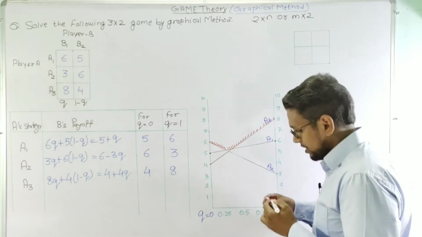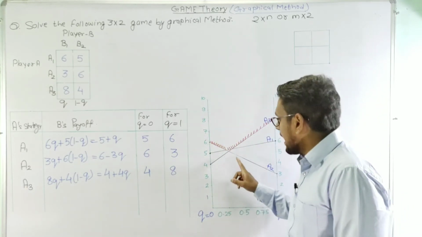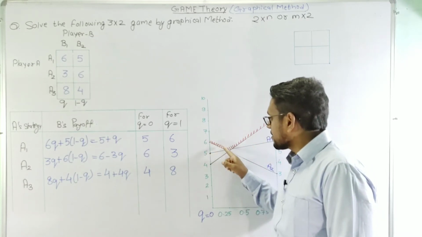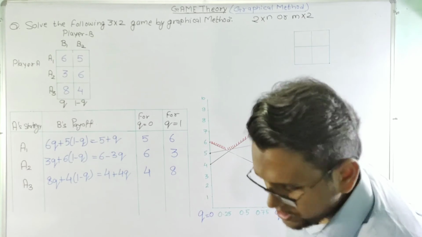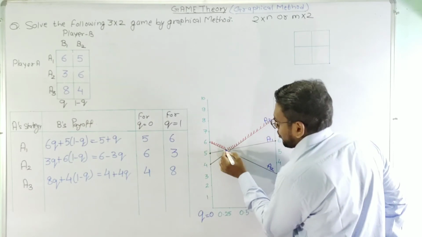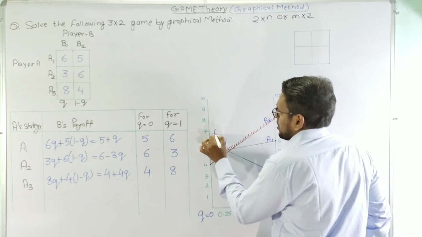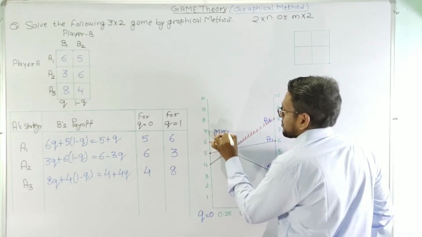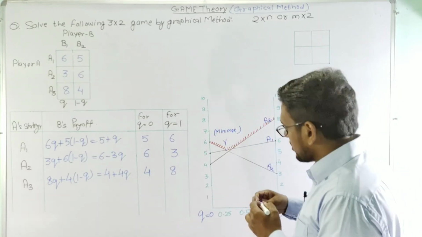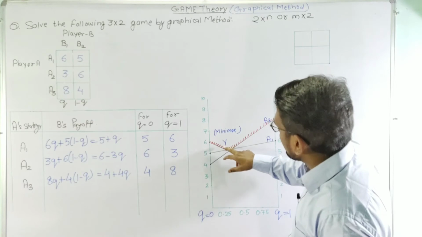So this is the upper bound region, and player B will try to minimize this loss as it will select the minimum point or the lowest point in this region. So we can see here that the lowest point is coming somewhere here. So this is our lowest point, and let us name this point as Y, and this is called the minimax point. That means minimum of maximum. So this is our minimax point, and now we need to calculate the values here.